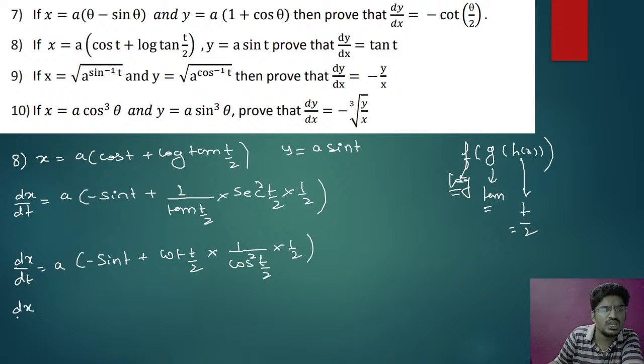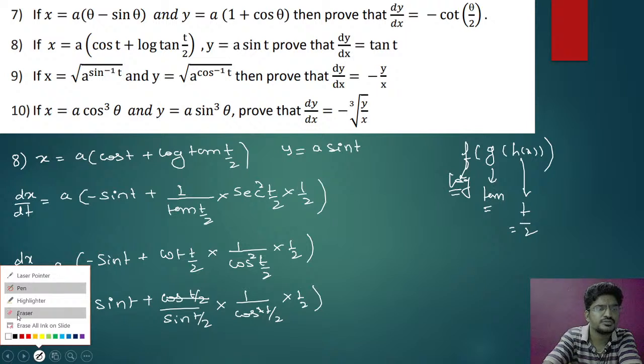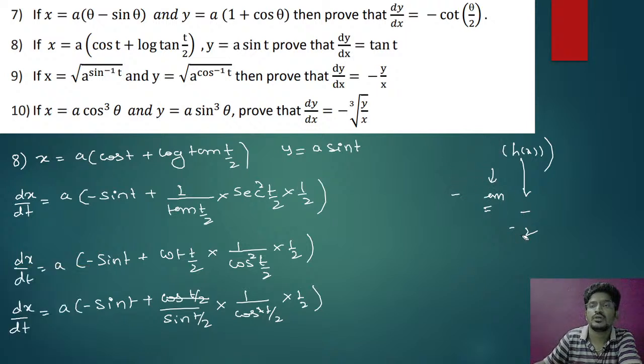So now dx by dt will be equal to a, minus sin t plus cos t by 2 divided by sin t by 2, into 1 by cos square t by 2, into 1 by 2. So cos t by 2 will get cancelled. So now from this you can see here, you can write it as